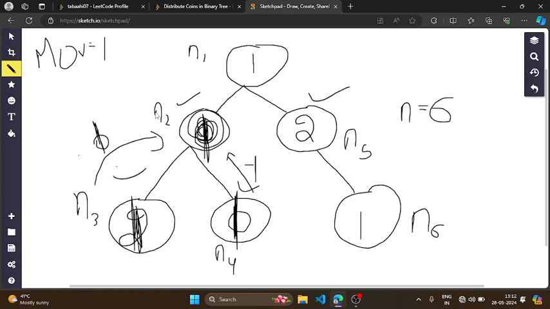Now we are at n2, right? Now n2 has 0 coins, so it also wants 1 coin. So he will ask n1 if it has some extra coins or not, right? So n2 will also add 1 coin to itself. So coins in n2 will also be 1, and n2 will also return -1 because it is taking a coin from the parent node. Now this -1 will be added to the coins of n1, and now coins in n1 will become